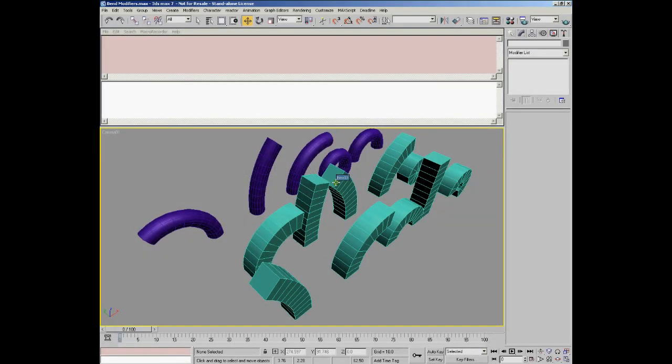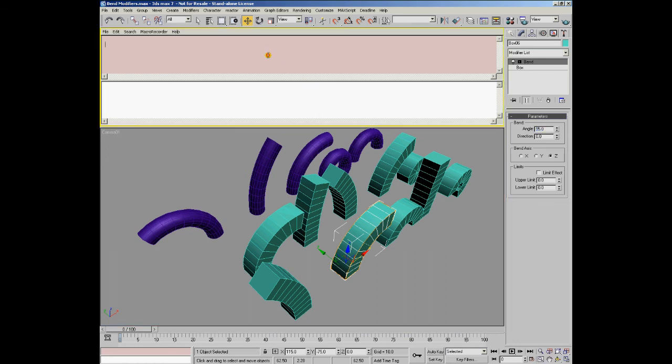Since modifiers are technically accessible as part of the scene objects, we can also perform search operations based on the presence of certain modifiers on the stack or on values of these modifiers. For example, in order to select all objects that have a bend modifier and the bend modifier has an angle greater than 90 degrees, we could say select for all in geometry